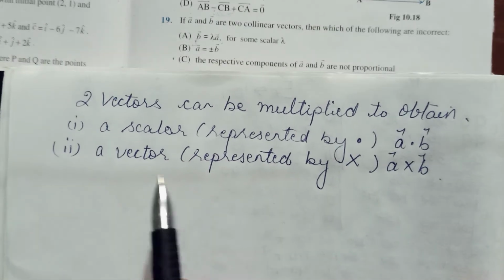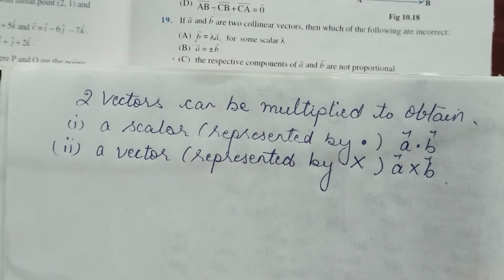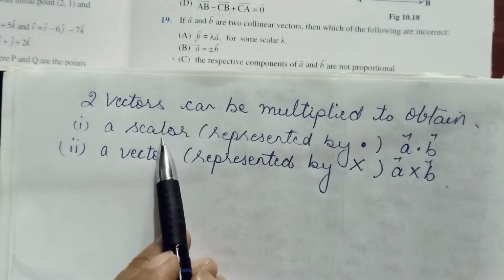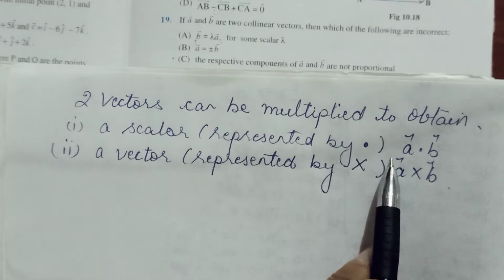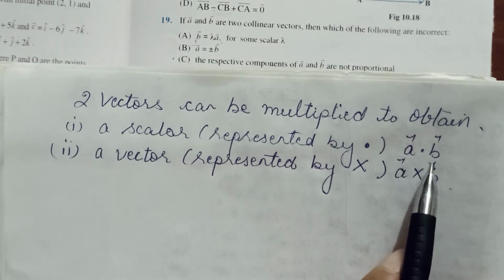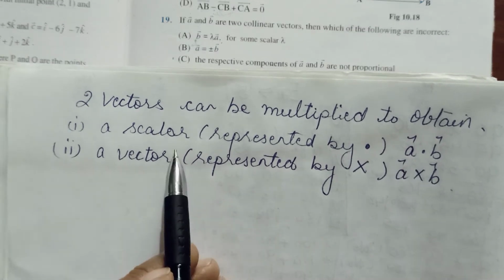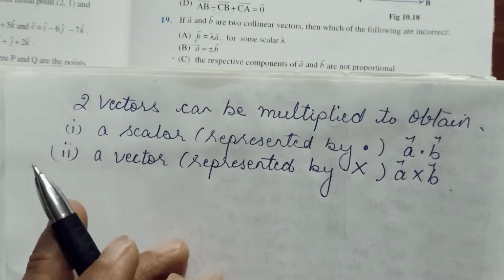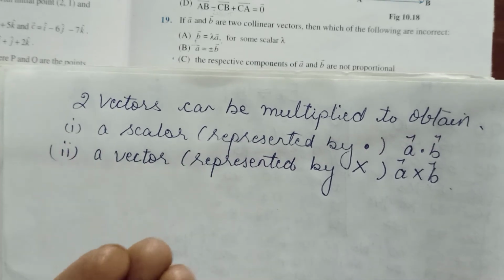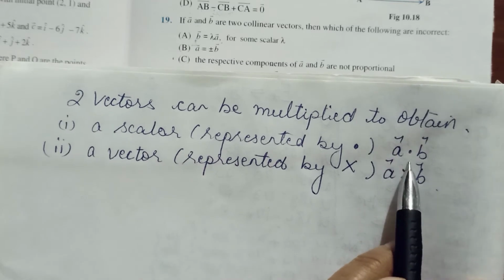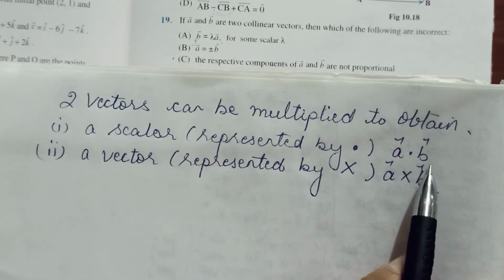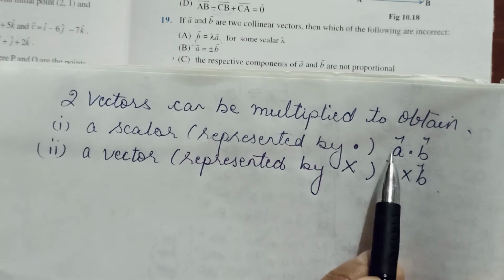I'm just overviewing. You just have to understand the difference that we can actually have two types of products. So we name them scalar and vector because when we find the product in this manner, we end up getting a scalar quantity, and in the other case we will get a vector quantity, hence the name scalar product and vector product. Scalar product is also known as dot product because we represent it by putting a dot between the two vectors.